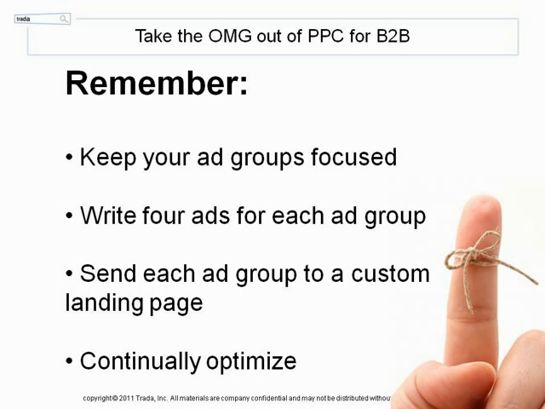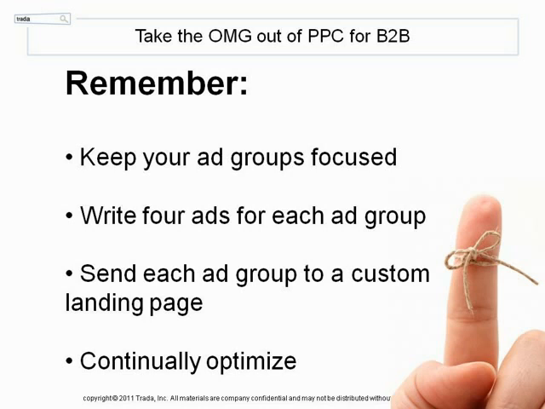Let your ads run for 2 weeks, keep the 2 that perform the best, and rewrite the 2 that aren't performing. So when you use this method, you don't leave anything to chance, and you ensure that your campaign is constantly being optimized. And then finally, we suggest that you make a custom landing page for each group. So Rick Perot will go over some of the best practices for landing pages in a few minutes. But I just want to mention that you should write copy that echoes the ad in order to remind the searcher where they came from.